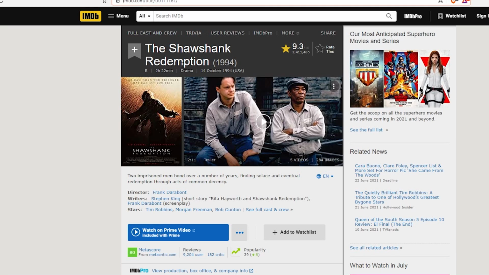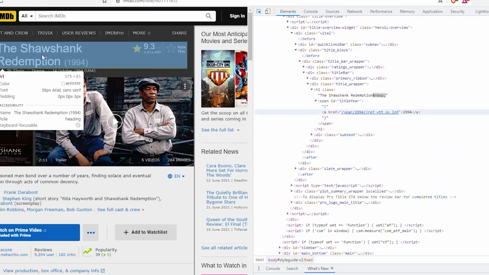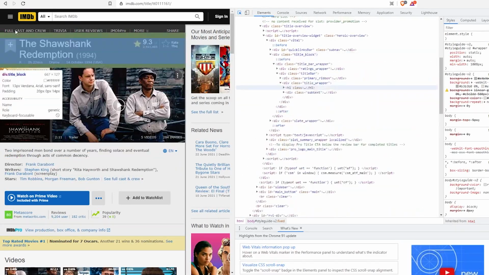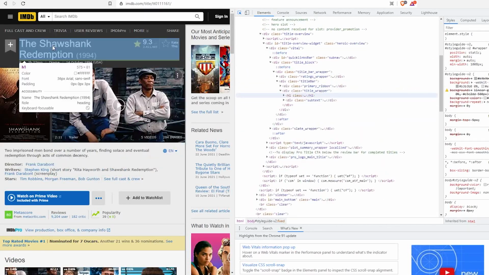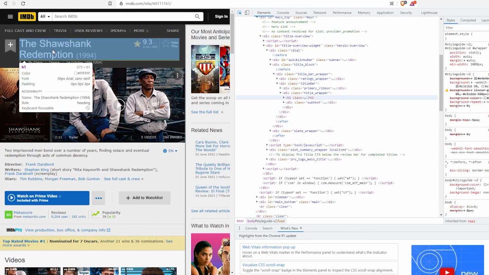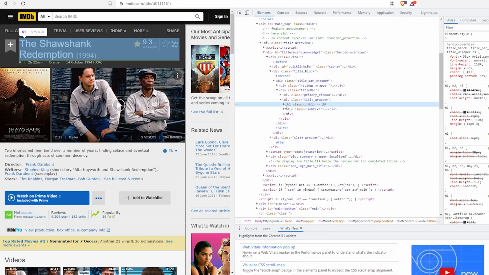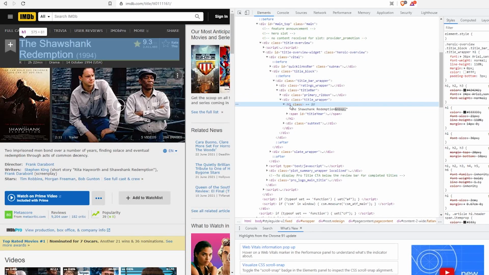The way we are going to do it is by using the inspect element, in which we hover over the element. So in Windows, type Ctrl Shift and C. Whenever you click, you can actually hover over each and every single item in your web page, and this is going to be the same for each and every single thing. Now whenever I click on the Shawshank Redemption, in my elements console this highlights, which when I open, is the h1 class, and this says the Shawshank Redemption.